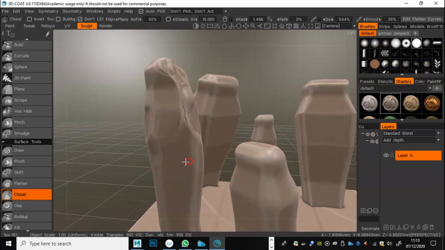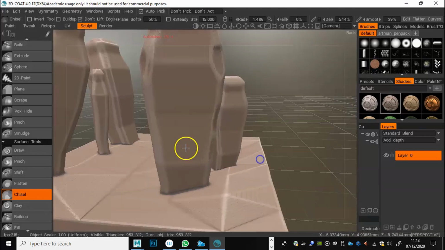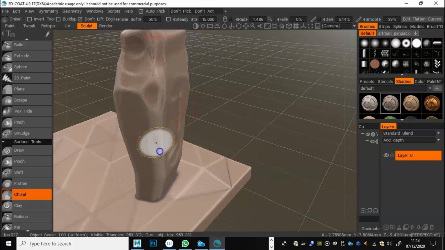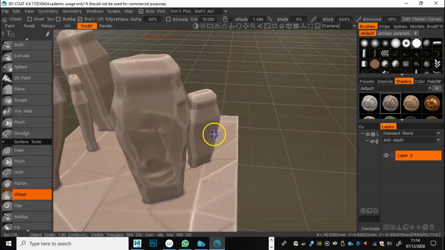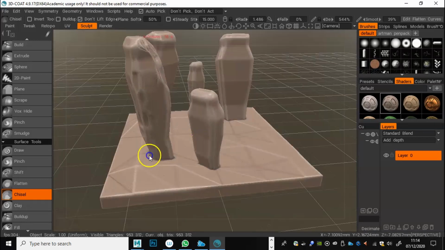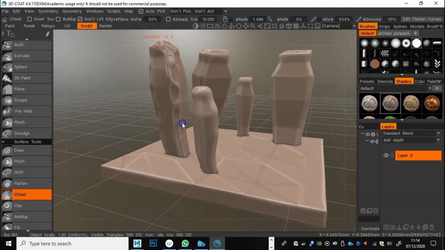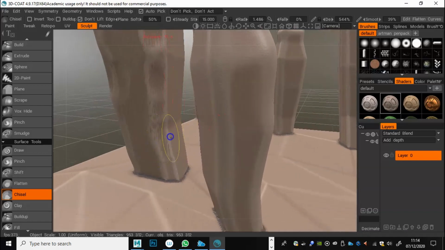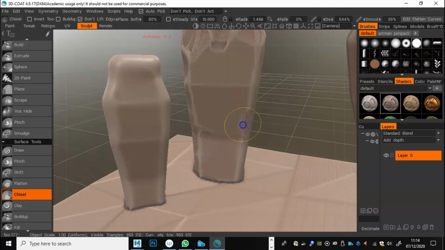But yeah, have a look at playing around with different alpha brushes as well, and just experiment. Don't be too concerned about quickly getting the work done. You really want to be experimenting, and certainly for those of you who are going to be looking at this video over, say, the Christmas period,